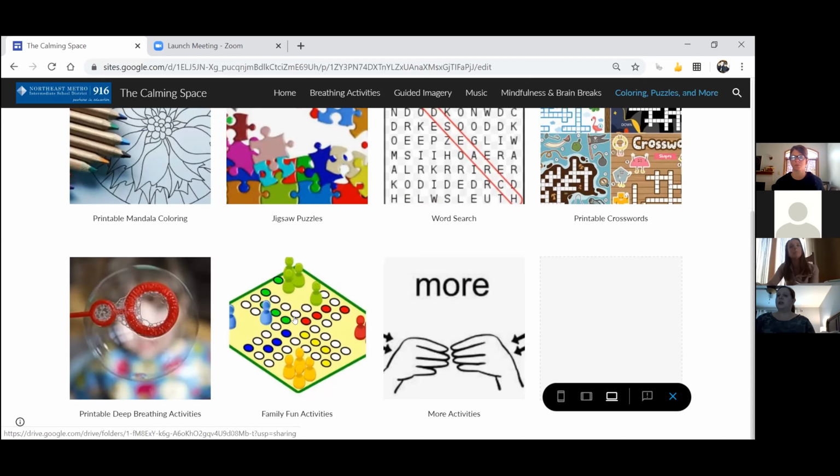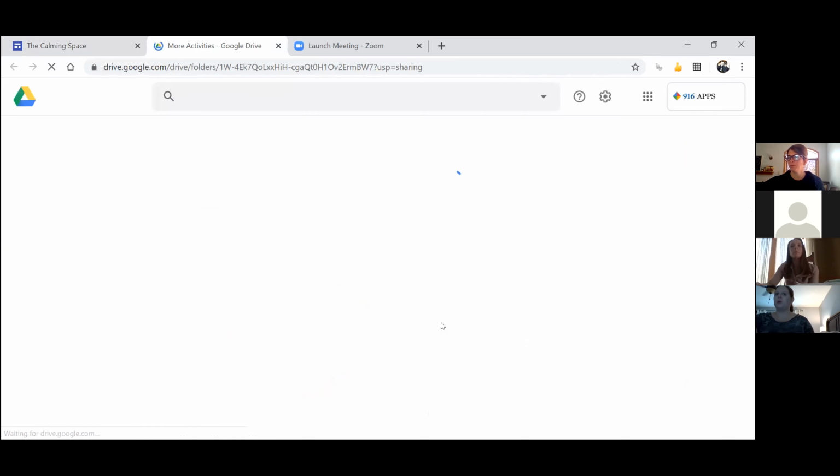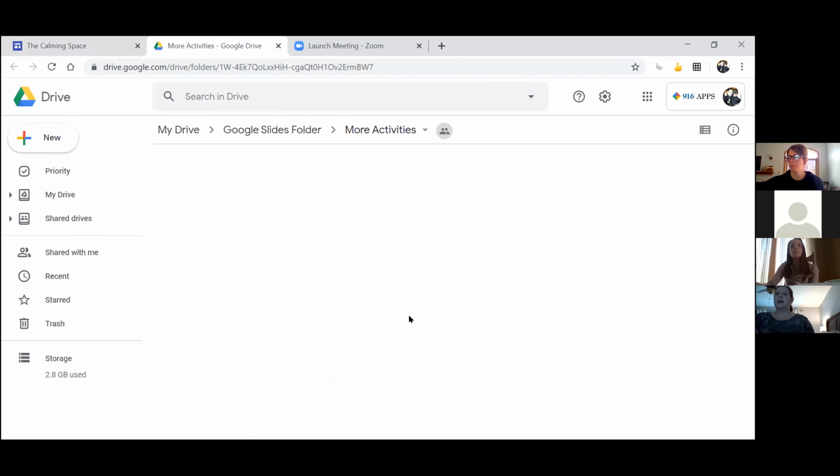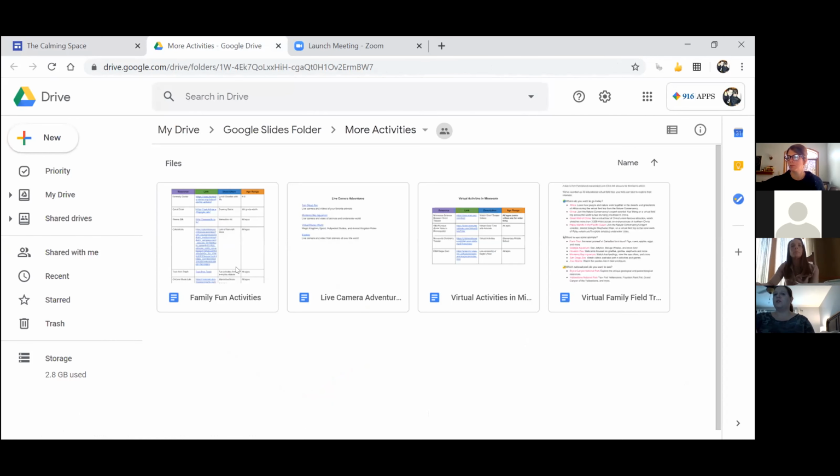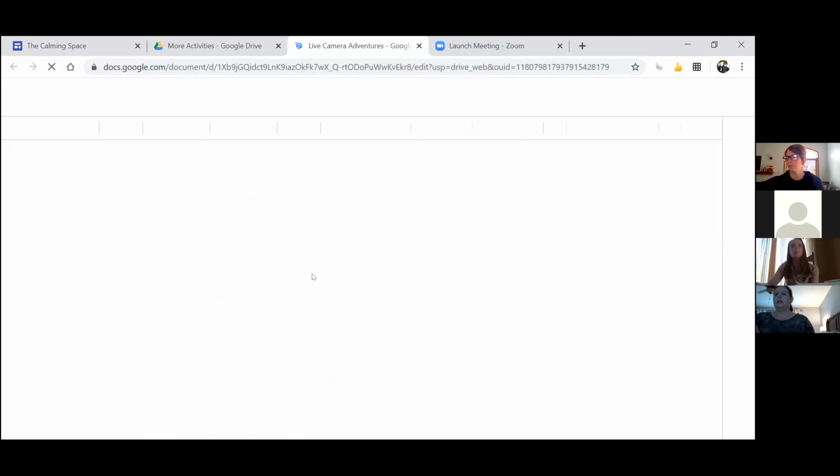And then I did put another folder that says more. In that folder is more like virtual field trips and different places that families can go. There are also some virtual story times and things like that. So there are links in there, and it's pretty easy. When we click into those folders, I'll just pull up the more one so you can see. If you go into live camera adventures, for example,